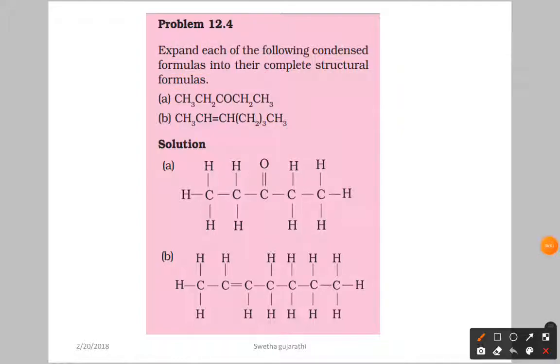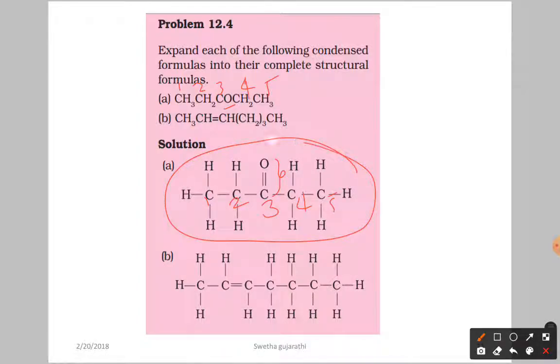Let us see here. This is the first carbon, second, third, fourth, fifth. Okay, so here we have the first carbon, second, third carbon atom having the oxygen. As you know very well, oxygen should have the double bond, so you are going to satisfy that with a double bond, C double bond O. Then fourth carbon, fifth carbon. So you have to maintain the carbon valency as 4 and the oxygen valency as 2. Okay, this is the complete structure. So you are going to show each bond in the complete structure.